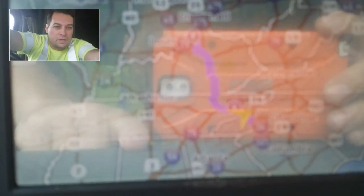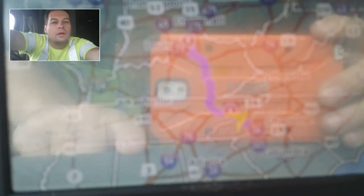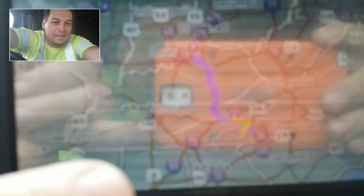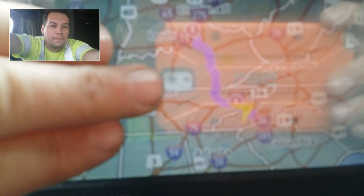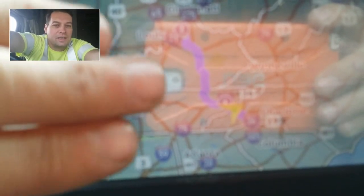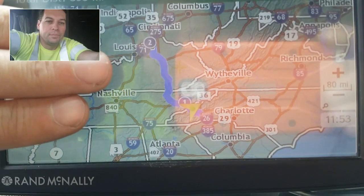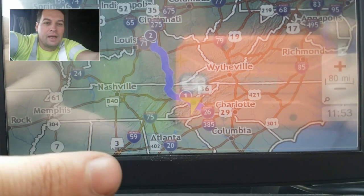Yeah, okay, so I'm in North Carolina. Watch it focus eventually. Too much reflection for it to focus. There it goes. It's trying. Did you see that? It tried. And it's like, hey, wait, I want to refocus. There we go. So as you can see, I'm right on the edge of North Carolina, about ready to head